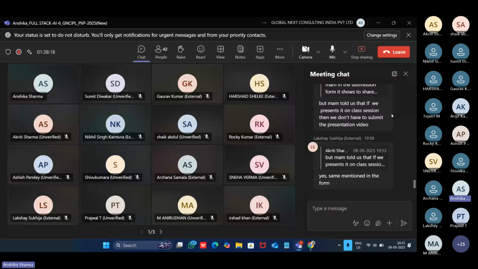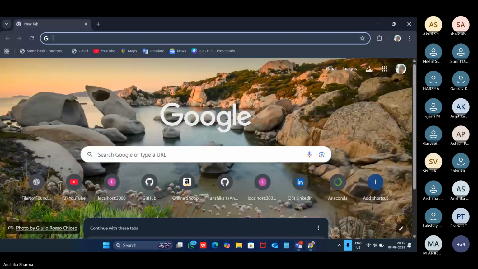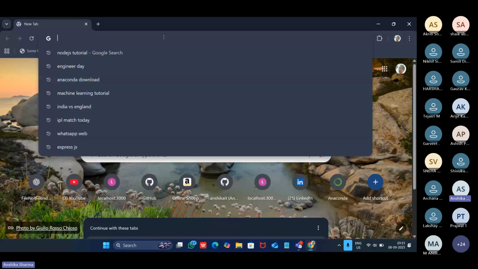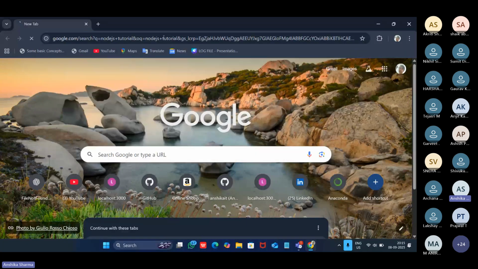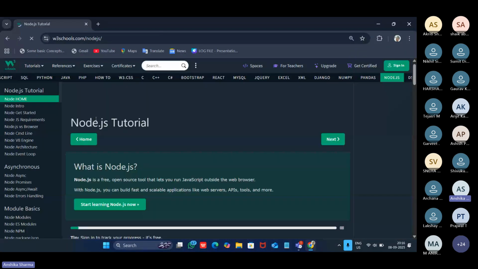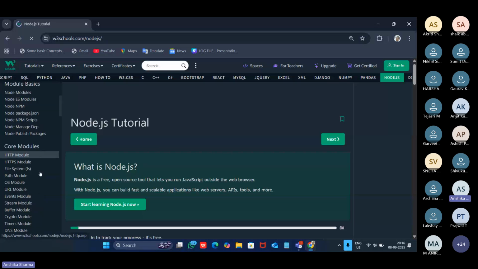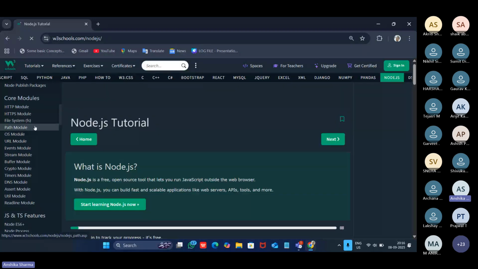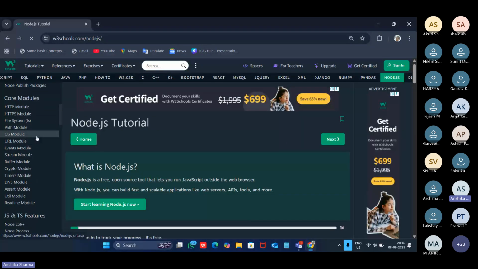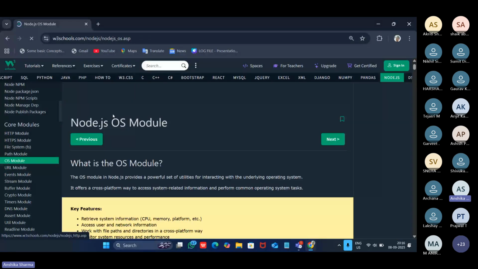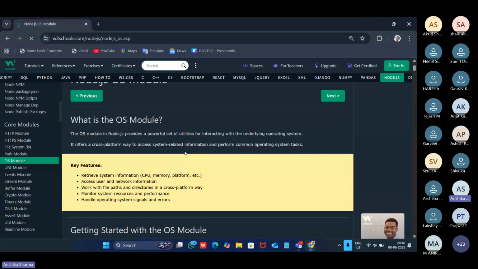Okay, so we have already completed HTTP, HTTPS, file system and path modules. Today we will start with the OS module, right? Let's see what this OS module is. The OS module in Node.js provides a powerful set of utilities for interacting with the underlying operating system. So now we will directly interact with our operating system, and that is what our OS module helps us with.